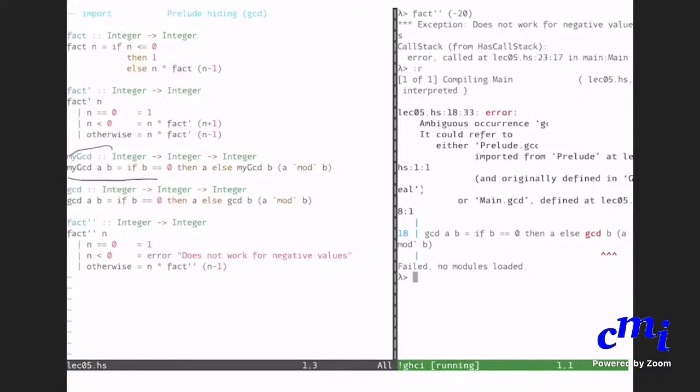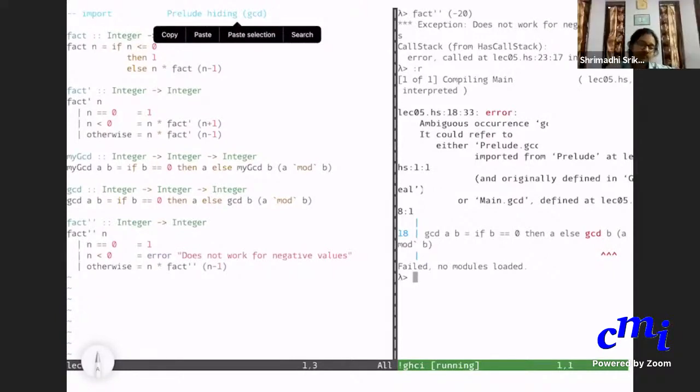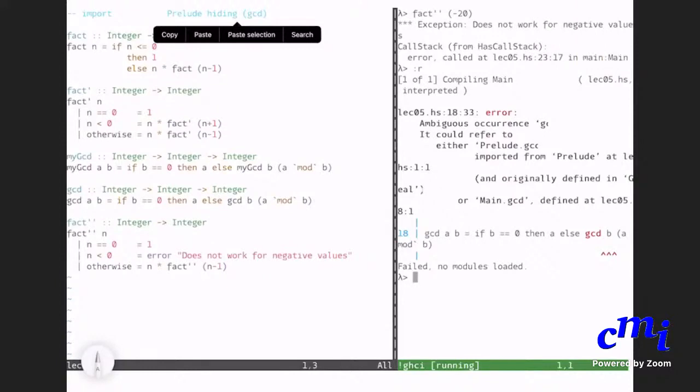But that is an inconvenience, right? You have to always go and add my, etc. That's a little more ugly than you would want. So which is why you do this hiding here. When you hide it, it will import everything else except GCD. But the prelude is a huge set of functions, so sometimes you might want to say, I do not want all of prelude, I only want GCD.